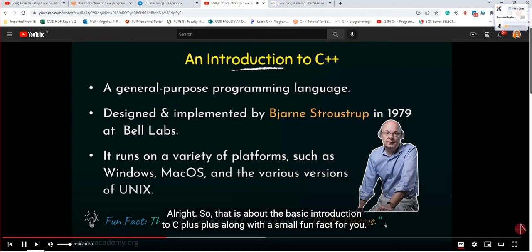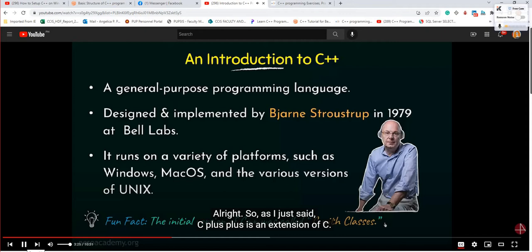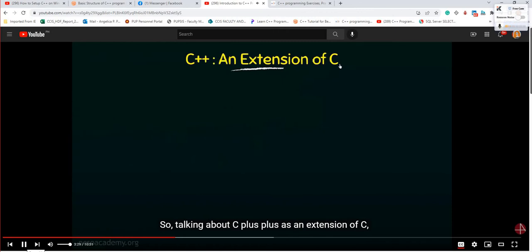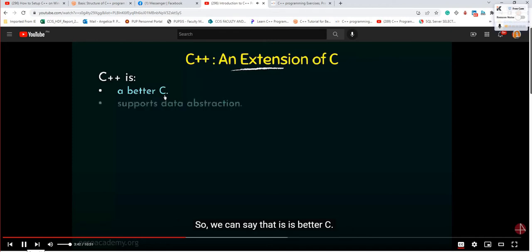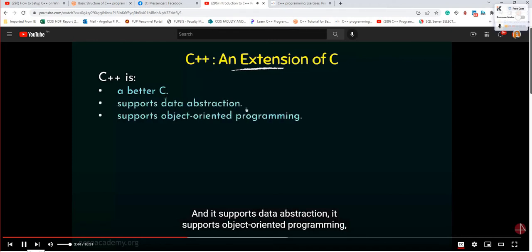Alright, so that is about the basic introduction to C++ along with a small fun fact for you. As I just said, C++ is an extension of C, so let us talk a little more about that. Talking about C++ as an extension of C, C++ is actually a better C. As I already said, C++ has more features and is more powerful as compared to C. So we can say that it is a better C and it supports data abstraction, it supports object-oriented programming and